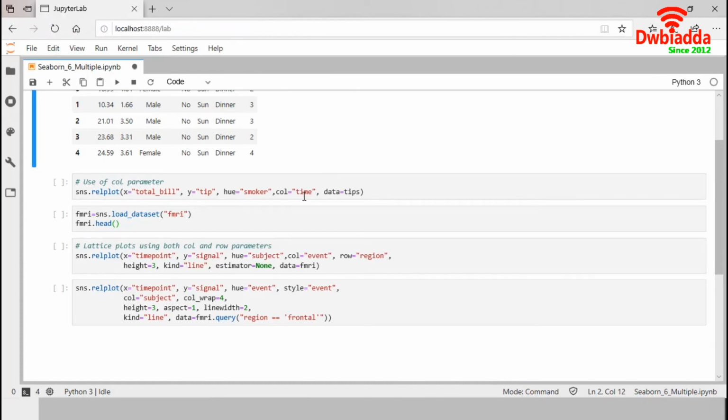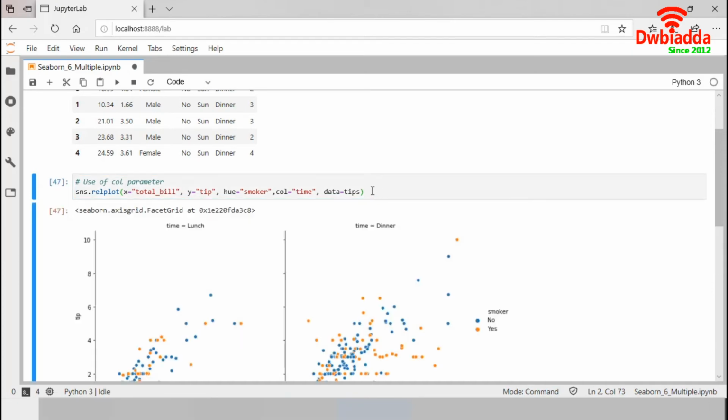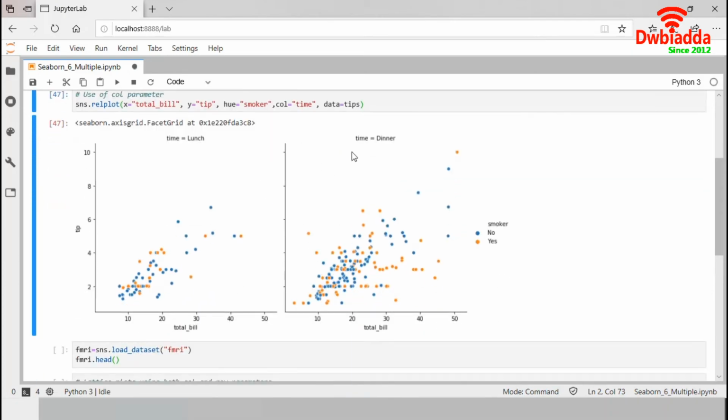We are taking time variable in col parameter, which has two classes, lunch and dinner. If we execute this, it will generate two plots, one for each class of the col variable. Let's execute it. So it generates two plots. The size of the facet will be adjusted automatically by the number of classes available in col parameter.